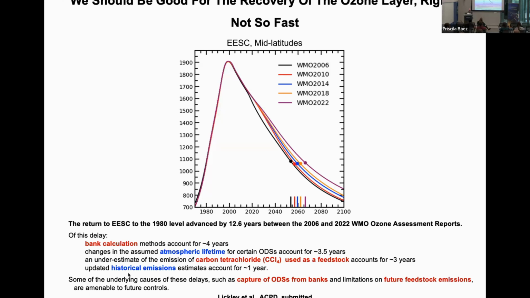And then basically, I think that cheating on the Montreal Protocol is probably a little bit more than this, but we think that cheating on the Montreal Protocol, which got all the headlines and all the news, is a fairly small part of this. The big part is feedstocks and people previously underestimating how much we were leaking out of CFCs made 20, 30, 40 years ago. Banks and feedstock are the big players, and cheating is a small player. And I think this paper will be very important. Any questions?